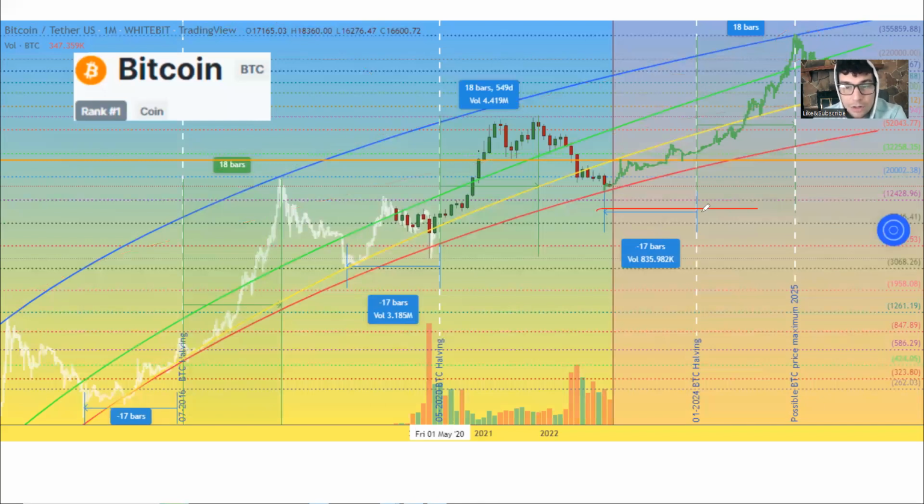There's a 17 bar cycle where you get the Bitcoin halving, right? So Bitcoin halves right here, and then you get 17 bars. And this is a monthly chart, so it's basically a 17-month period. And then after the 17-month period, you actually get an 18-month cycle right here next. So if you look, you get 18 bars from here to here, and that's when you make a new